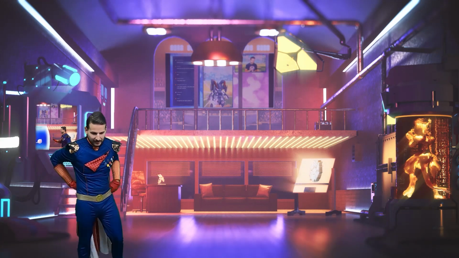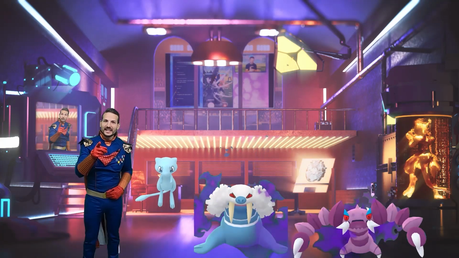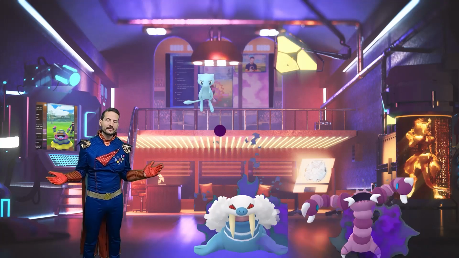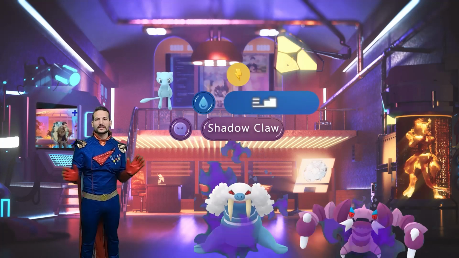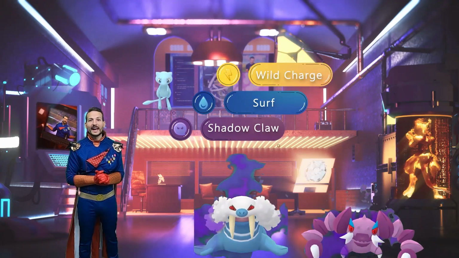The 3 Pokemon that I have right here for you. Go guys! That's right, on lead I have Shiny Mew, with the regular movesets, of course. I have the Claw, and then I have, of course, Surf and Wild Charge. Nothing different here. But on Drapion, the French Pokemon, on the other hand, what I have is, of